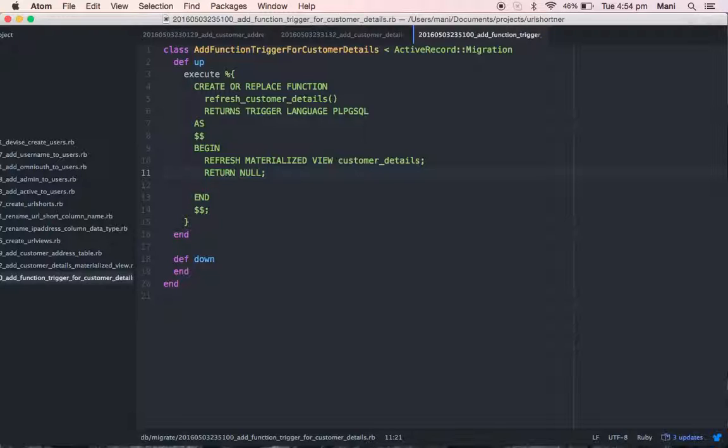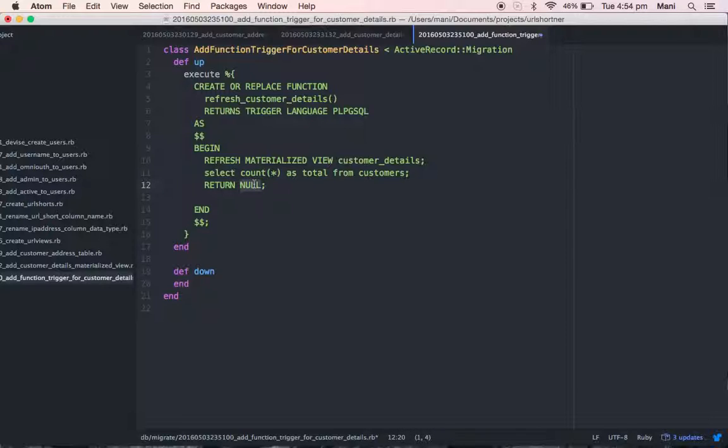Now I'm not returning anything, so that's null. If you want to return a value, for example the total number of customers, you can write select count(*) as total from customers. With a query like this, I'm retrieving the total number of customers.